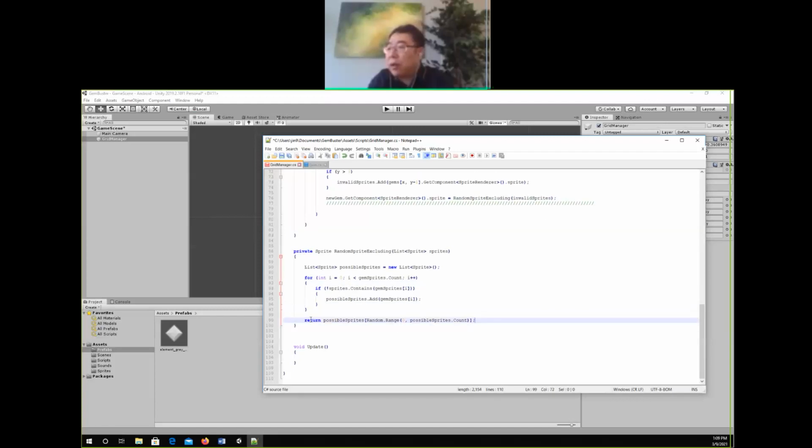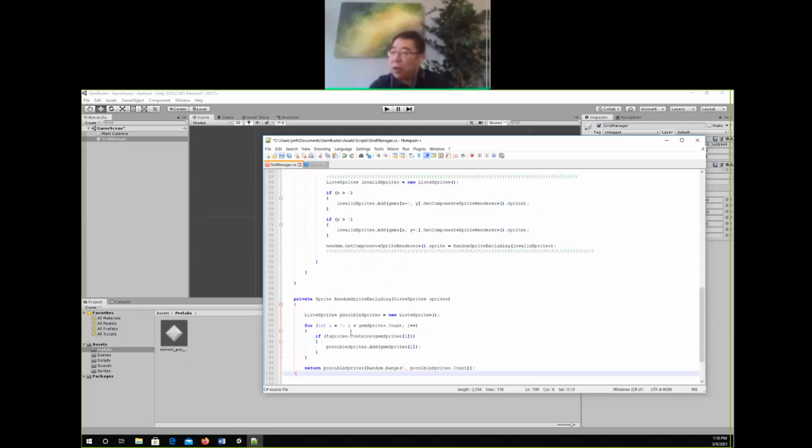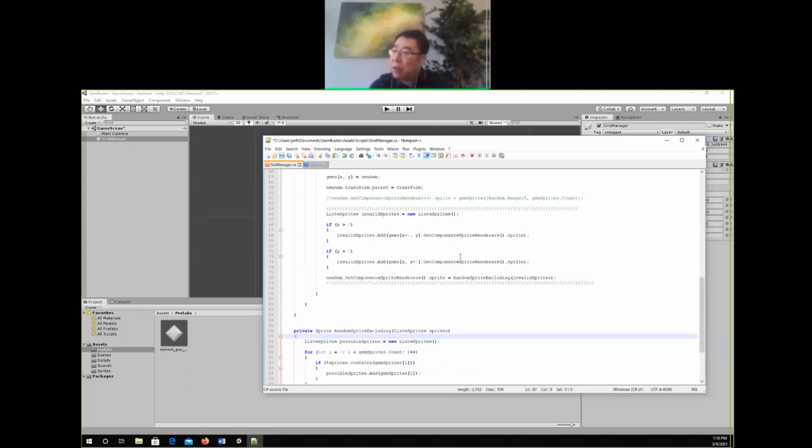So as long as we find the invariant sprite we should avoid. Inside the random sprite excluding, we loop over the 6 different sprites, and if that sprite does not contain the invariant sprite, then we generate that and add it to that spot. And once we finish generating, we return the sprite that we generated to the function caller inside the generate grid code. So that's the update. So the two things to be updated are one function and a piece of code inside